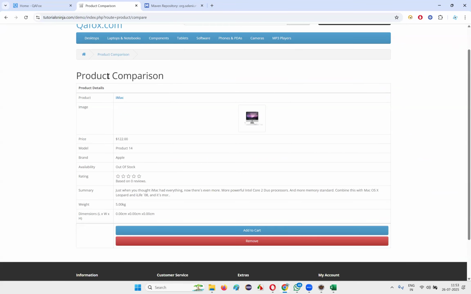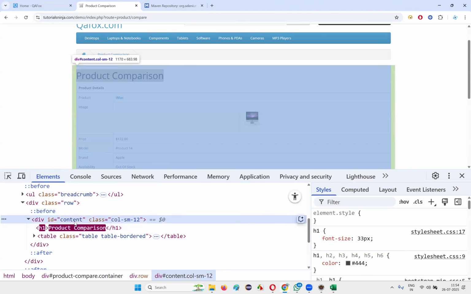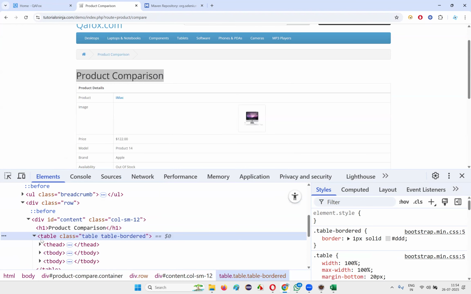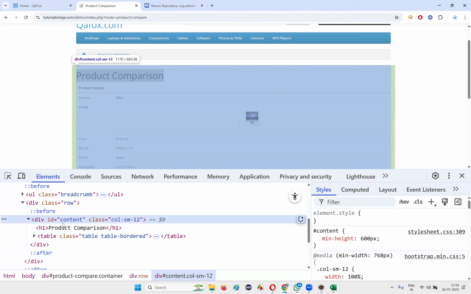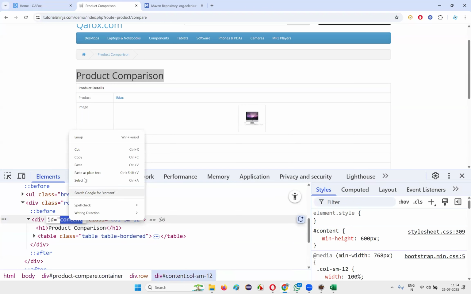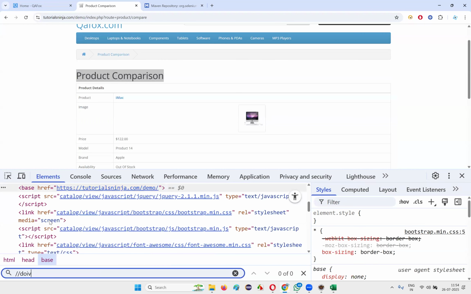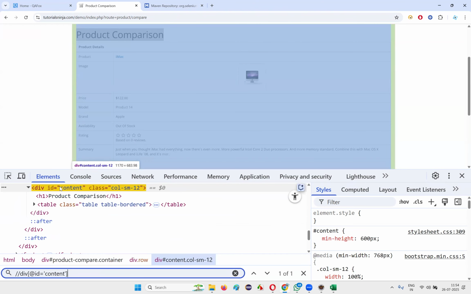Okay. We have to verify whether we have navigated to the product comparison page, and on that page, whether we have this product. Copy this, Control F, double forward slash div at the rate ID is equal to content, locate this part, under